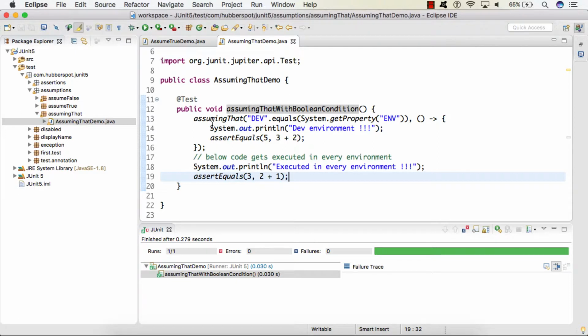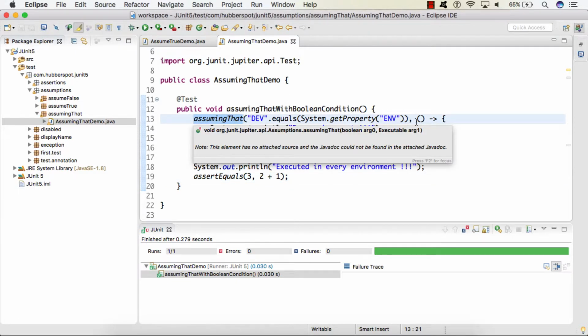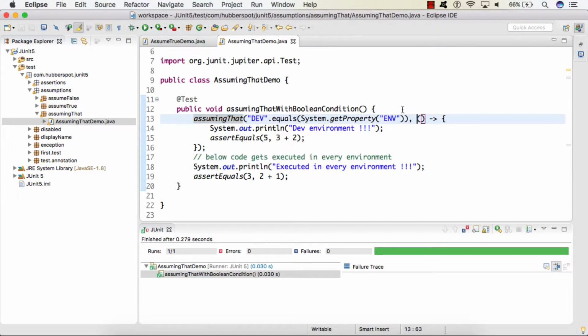So friends, using assumingThat, we provide our assumption, and if that assumption is satisfied, then the block of code we have provided via the executable functional interface gets executed. And if our assumption is not true, then this executable is skipped and the test proceeds further for the execution of the remaining code.